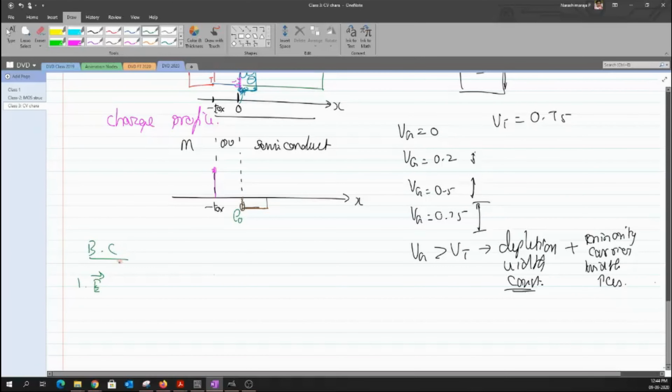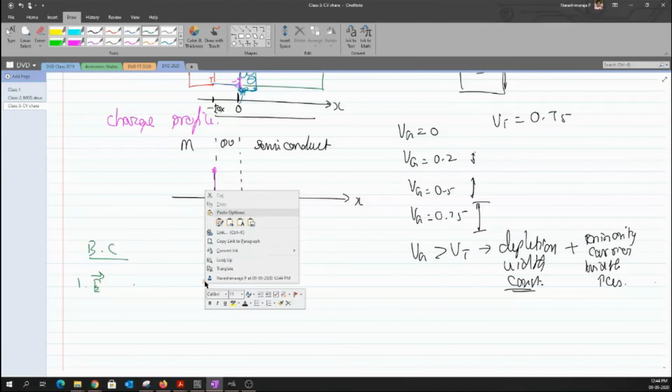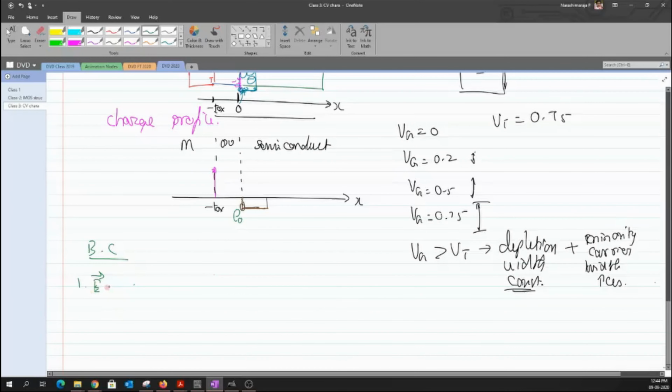Now, when I take an electric field, the electric field actually can be different from one layer to the other layer. Okay, again, you can just make use of one of the theorems which is known as Gauss law. Okay, so Gauss law will help us to say that the electric field can be different from one layer to the other layer. So what it means is that I can have a different electric field here, a different electric field here, and a different electric field here. Okay, but when I have a potential across any structure that I have created, it has to be continuous.